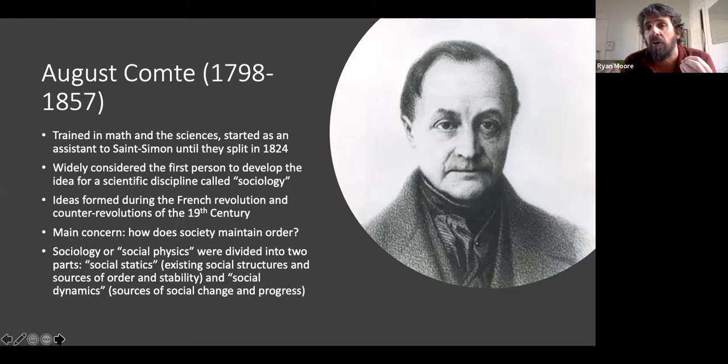And so Comte, as we'll see, takes a lot of ideas from the Enlightenment, but by this time, he's also found some reasons to be skeptical of and critical of the Enlightenment, and wondering if there isn't a limit or a cautionary example to be learned from trying to reorganize society according to principles of science and reason. So his main concern, in the 1830s and 40s, will be with order.